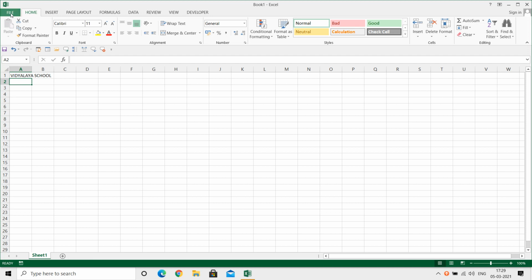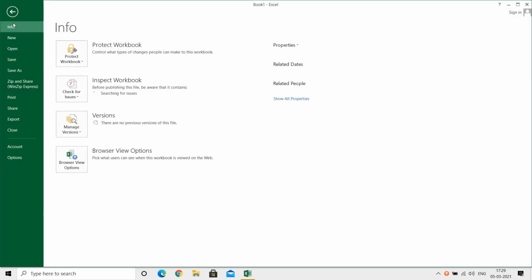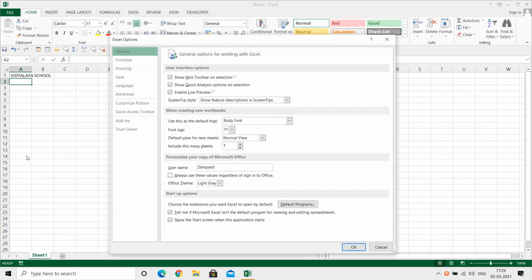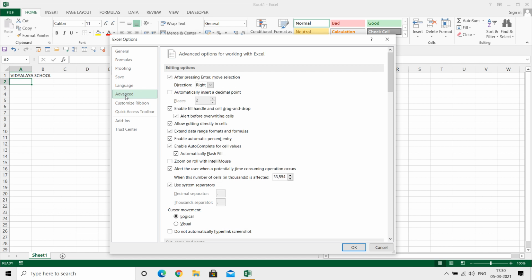For that, you have to go to the File option and Options, and Advanced.